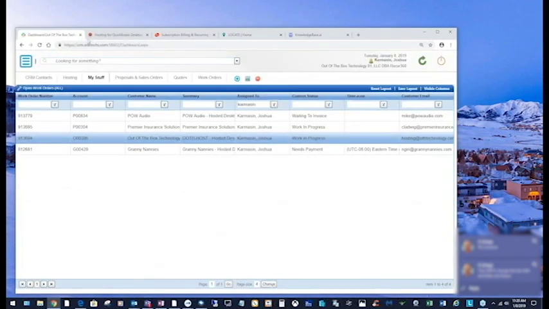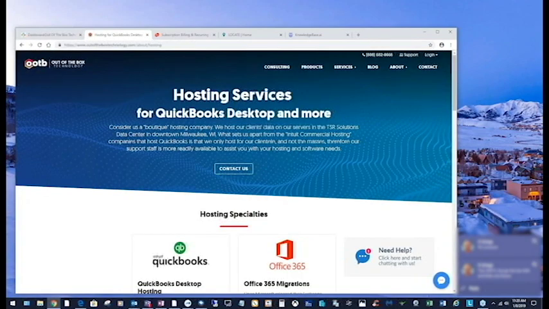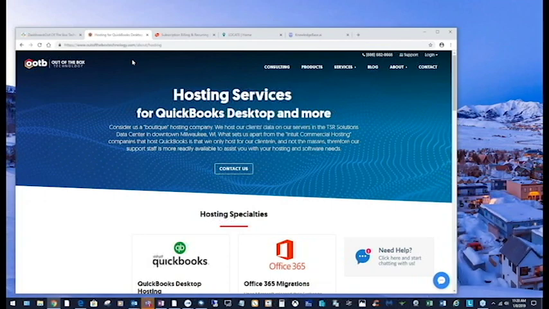One of the things that we do as well is when we do move your file over, we can upgrade your files if it's needed as well. What I'm going to do when I'm sharing my screen here is show how it would work if we were to work with you and you were going to move your file to the hosted desktop. A lot of times when I speak with clients, they want to see how it works and how it would work for them on their computer.